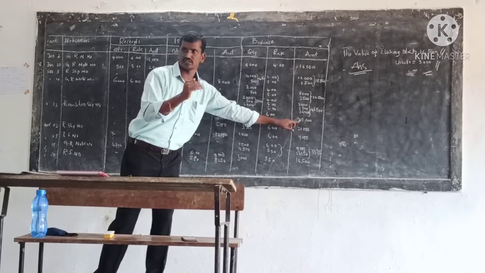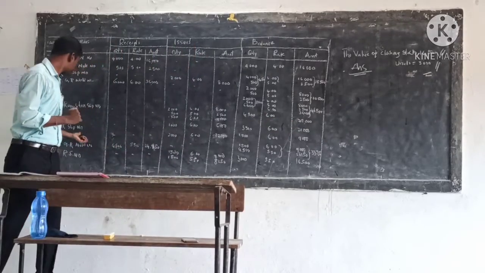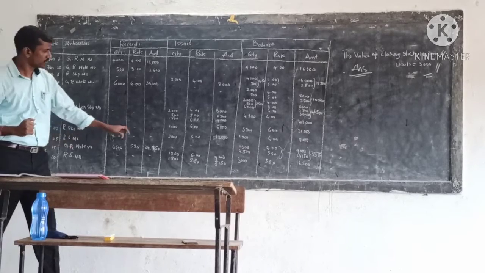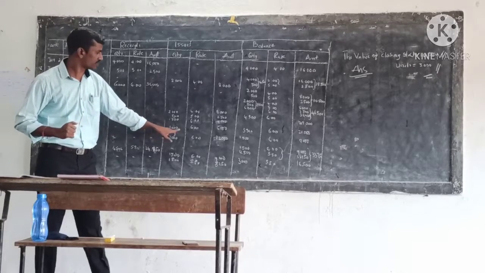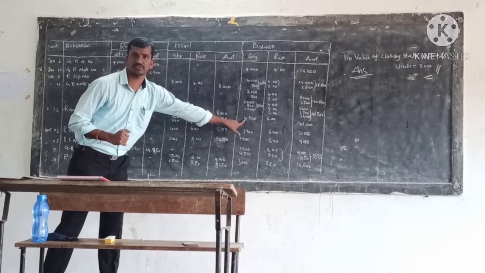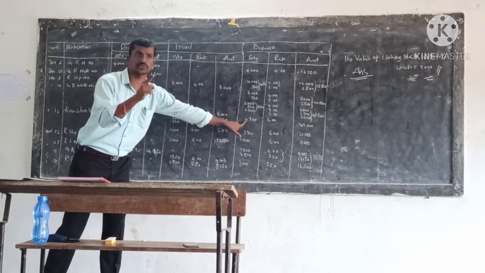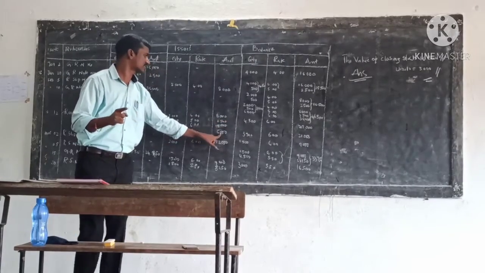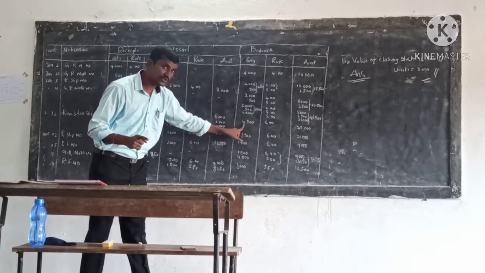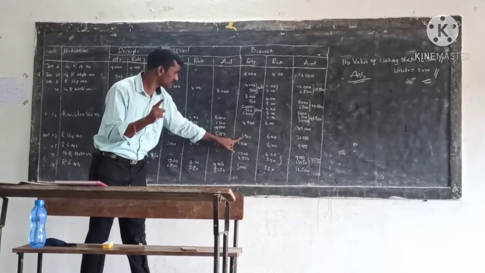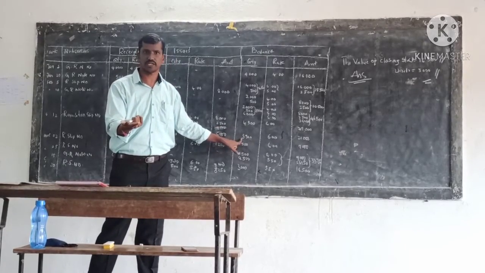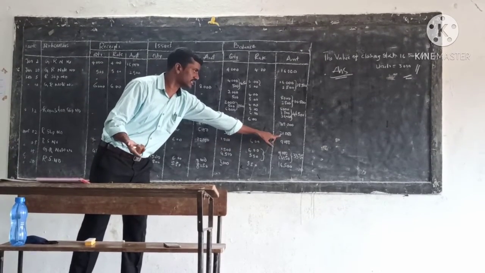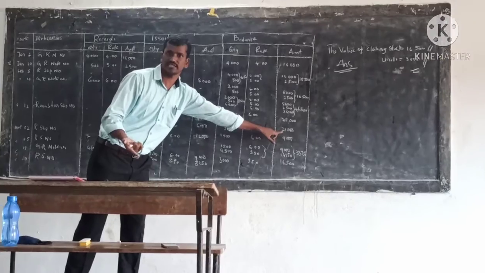Is it clear up to here? Now we will come to the issue again. We have issued 1,000 units. At what rate? What is the available stock? 4,500. From this we have to issue the 1,000 units. So the rate is 6 rupees. 6,000. Out of 4,500 units we have issued 1,000. What is the remaining stock? 3,500. Then you have to write it at the rate of 6 rupees. So the total stock worth is 21,000. Is it clear? Yes, sir.